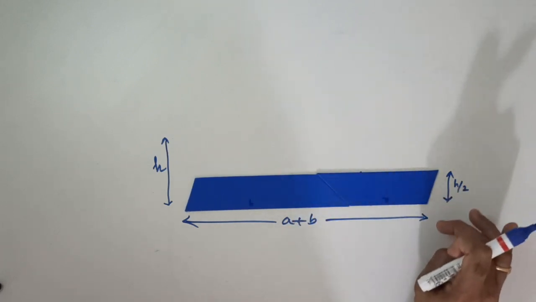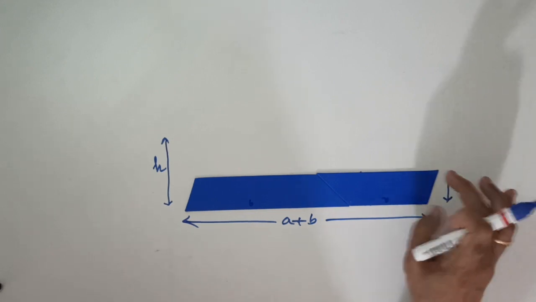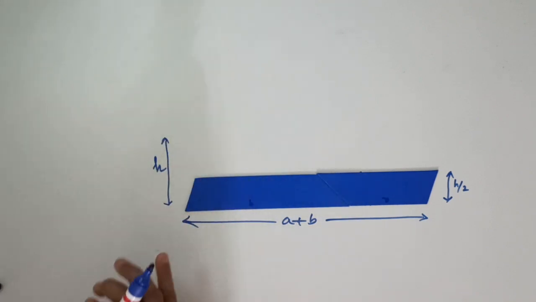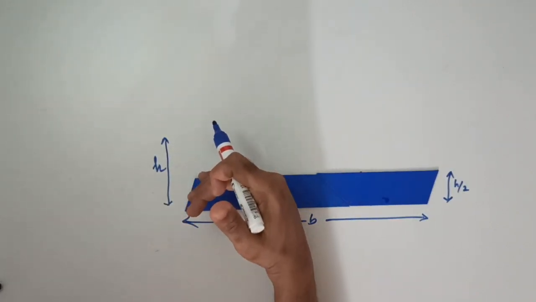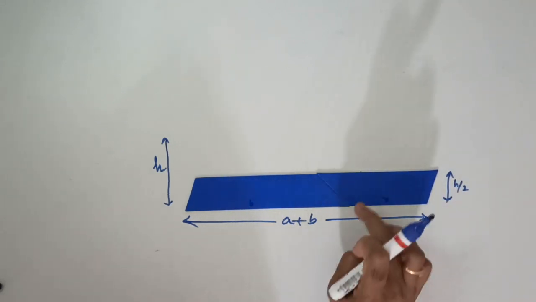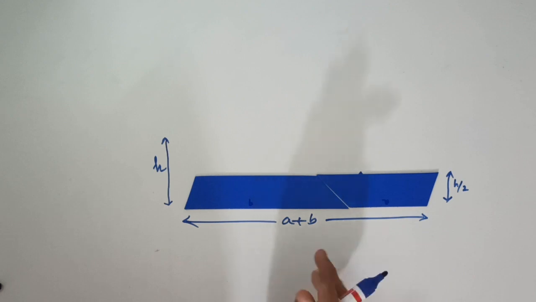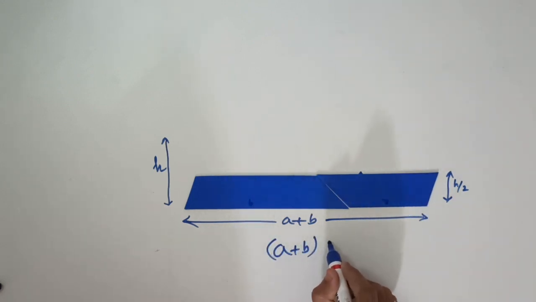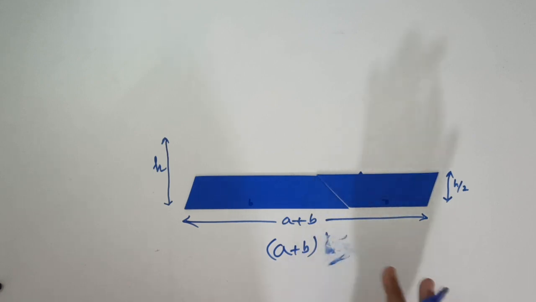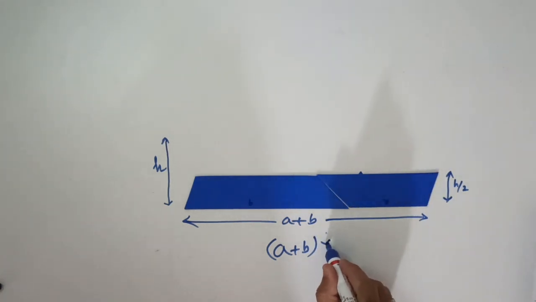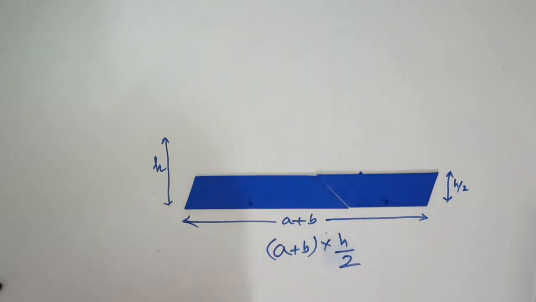And then the height of the parallelogram is nothing but half the height of the trapezium. So we had the full height of the trapezium as h. Since we split it exactly at half, the height is h by 2. So what is the area of this parallelogram? It's base into height, or A plus B into h by 2, right? So A plus B, I'll just erase this properly, into h by 2, right?